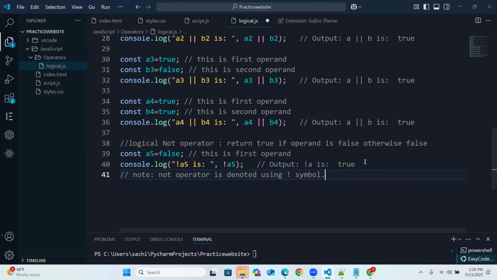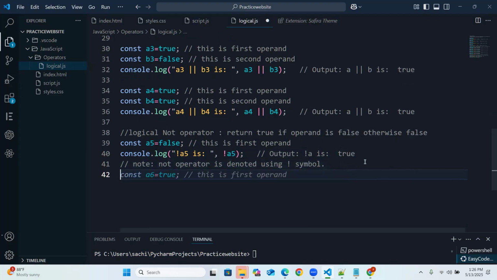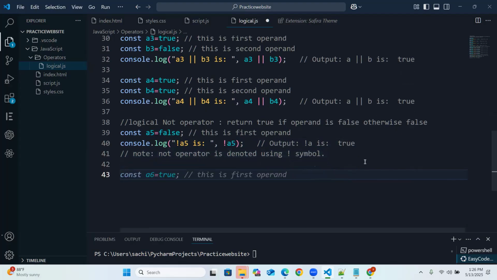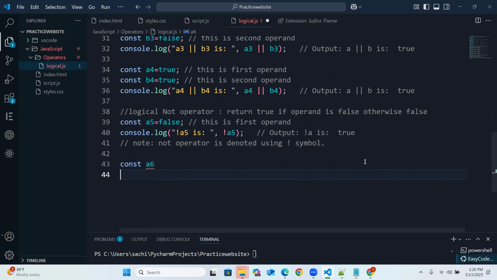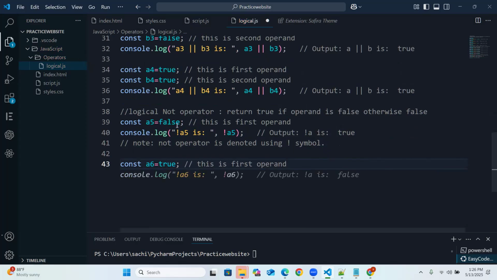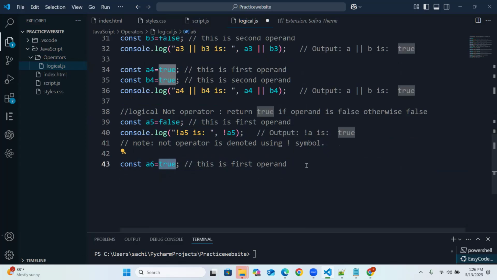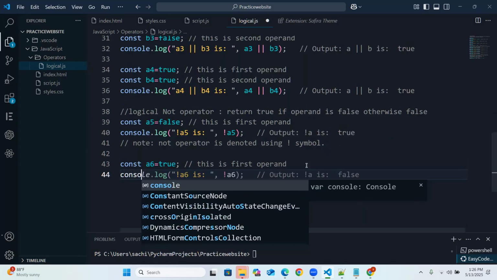Okay, so that's how it is. The NOT operator is denoted using the exclamation symbol. Please understand that. Going forward, I'll say there is a constant, a6 equals true. Earlier I had taken false, now I'm taking true. So now I'll say console.log